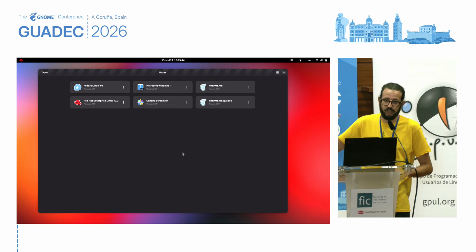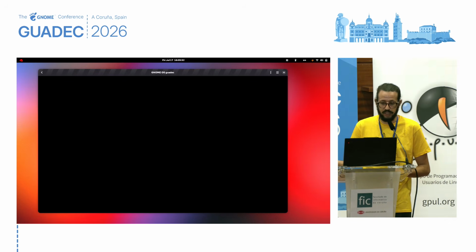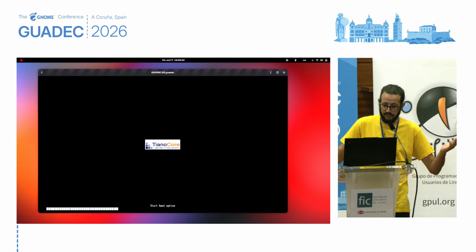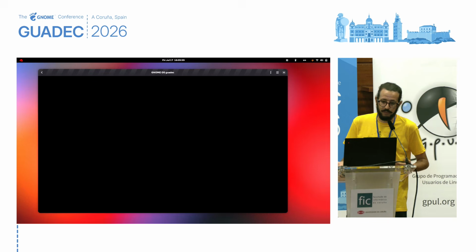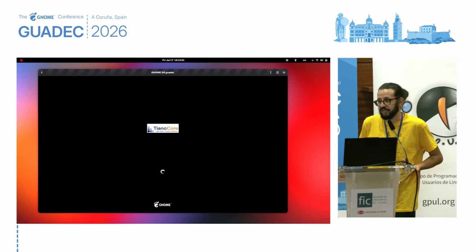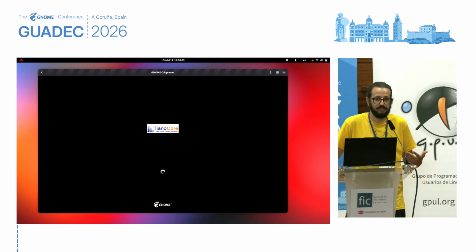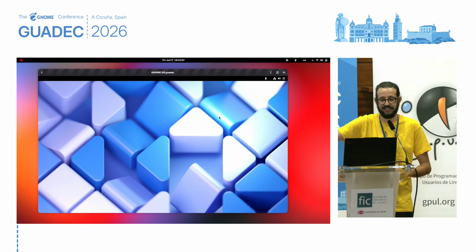It detects that by checking the file size and comparing, and then it already switches the boot order from booting from the installer to booting from the install disk. So that basically means that now if I click here on GNOME OS GUADEC and everything worked correctly, I should already be booting on the right disk, right? So this allows me to perform my installation the way you would on real hardware, right? This is the moment you would unplug the USB flash disk,